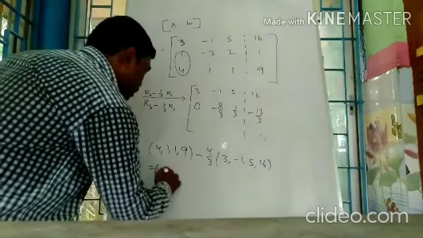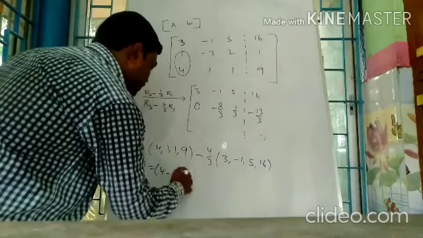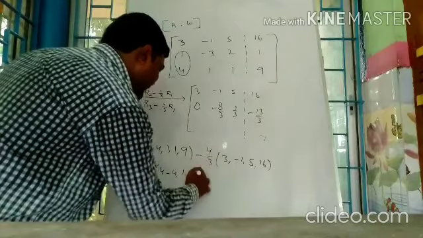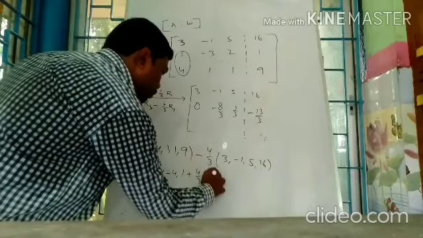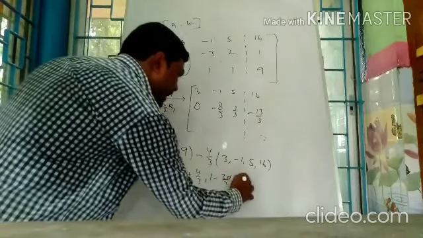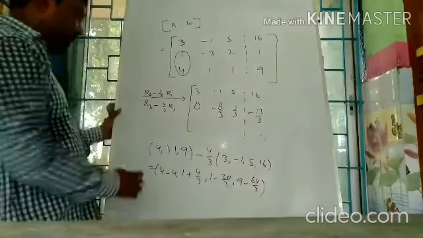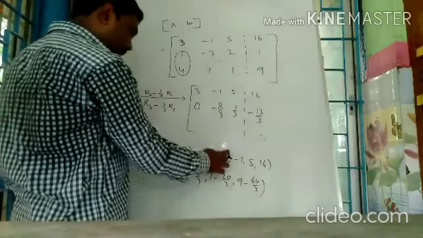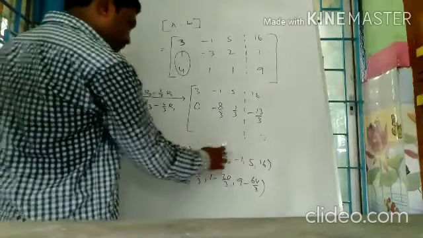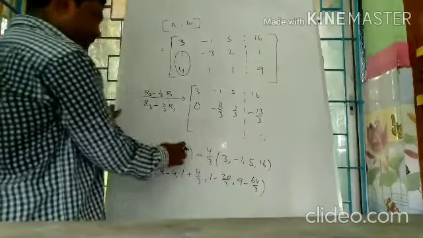This is 4 minus, that is 3 into 3. This is 1 minus 4 minus 4, it is 1. Next, 4 minus 4. Next, 1 plus 4 by 3. Next, 1 minus 20 by 3. Next, 9 minus 64 by 3. First, 4 minus it is 4. Next, 1 minus 1 plus 4 by 3, next 1 minus 20 by 3, next 9 minus 64 by 3.